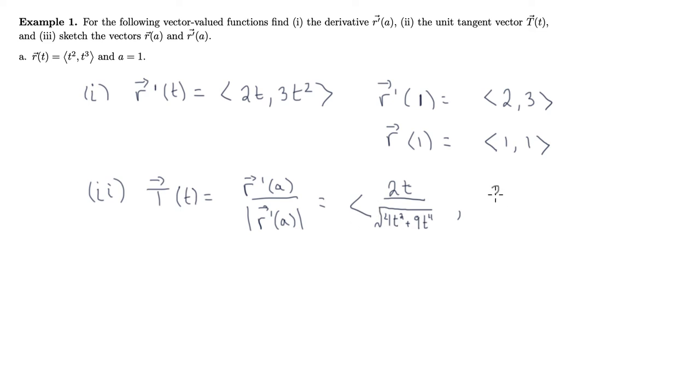And then here we have 3t squared over the length, which is the square root of 4t squared plus 9t to the fourth. Okay, so there's the unit tangent vector. And then finally, we want to sketch these two vectors. So the curve